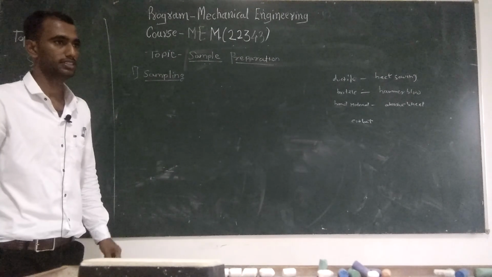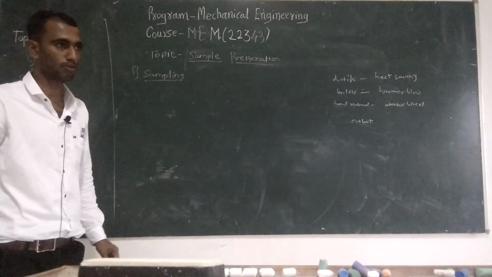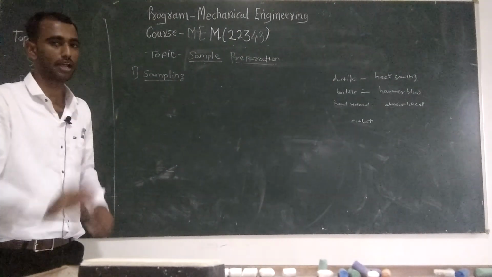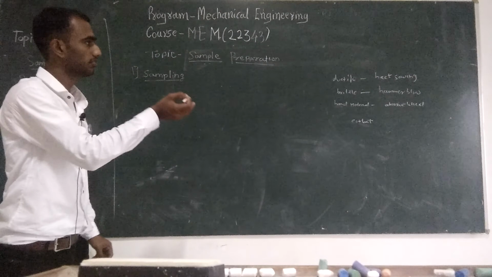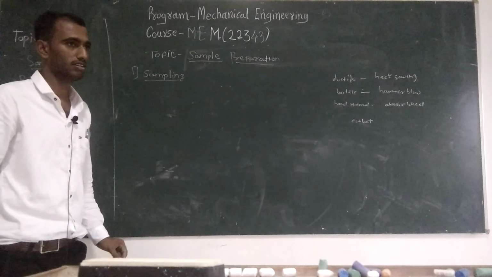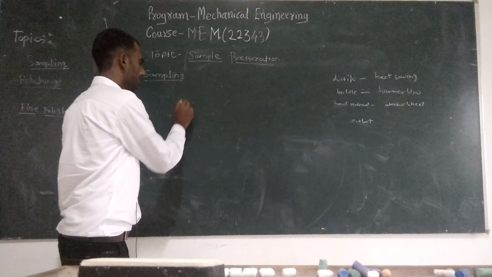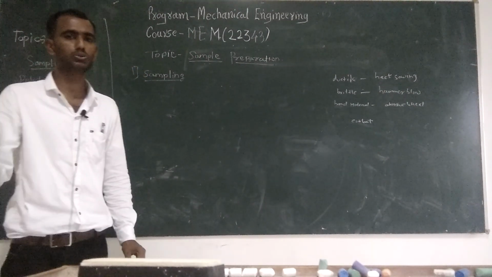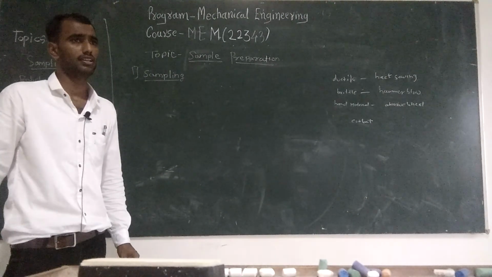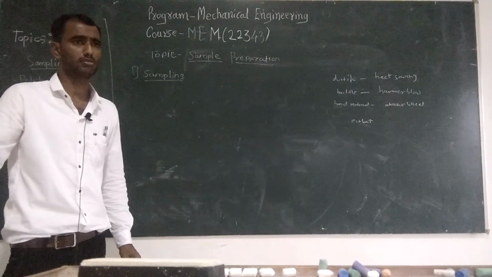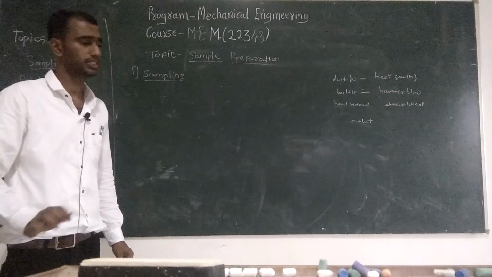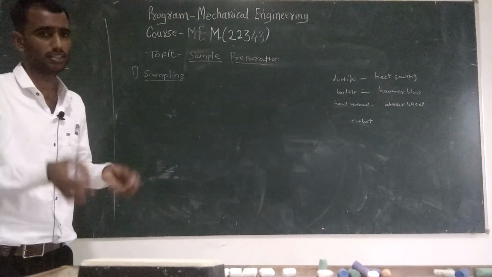Suppose there is a ductile material like copper, then you have to use a power hacksaw machine to cut that particular ductile material. If the material is brittle, in that case you are going to use a hammer or any other impacting machine, because the material is brittle in nature.